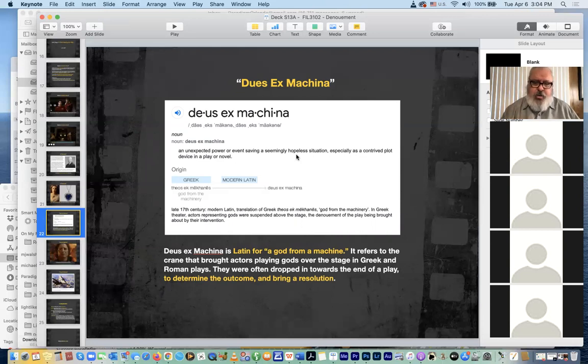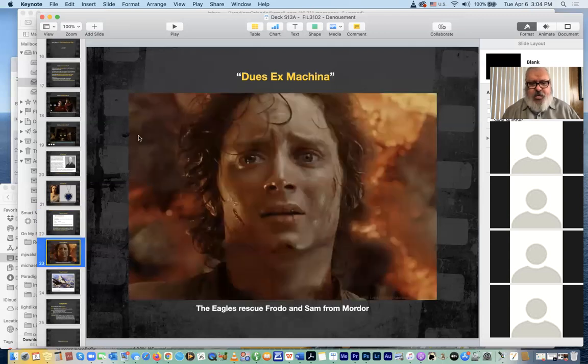And from my own experience, and I love to use the Lord of the Rings because I think it fits in so well with a lot of these concepts, I decided that it's possible that the eagles at the end of the Lord of the Rings who come to save Frodo were actually a Deus Ex Machina on the part of Tolkien. And a lot of people in my research agreed with that notion.